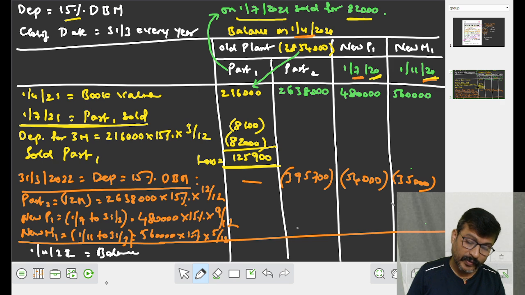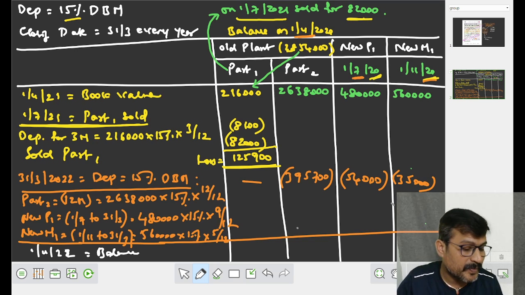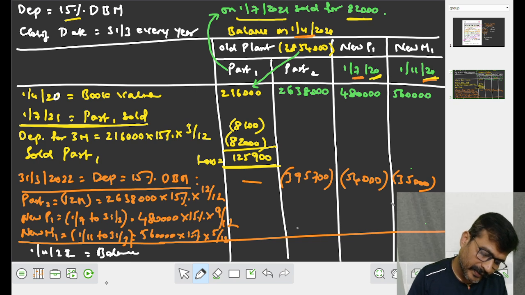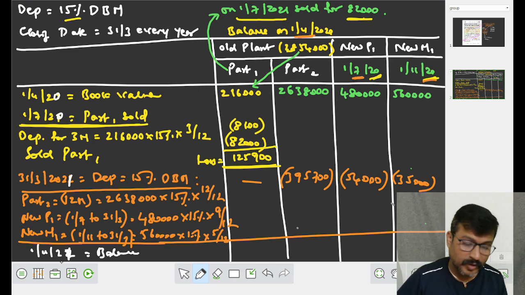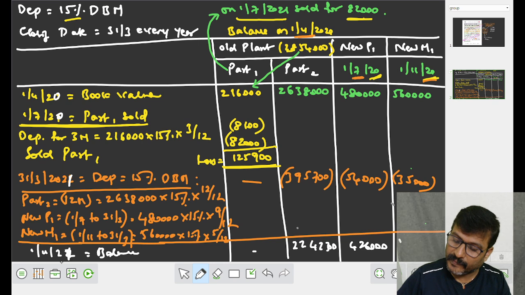2021, okay, 21 or what? 1st April 2020, right? It is purchased on 1st April 2020. So 1st April 2020, this is 21. Now it is 1st April 21. Balance. How much does the balance come to? 22 lakh 42,300, 4 lakh 26,000,